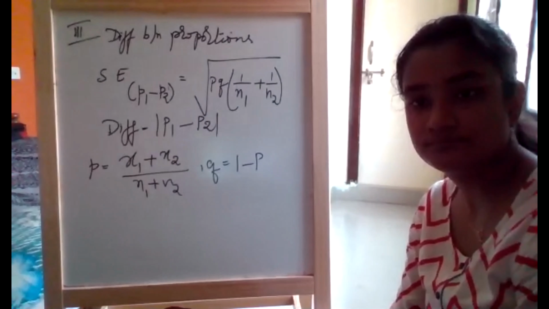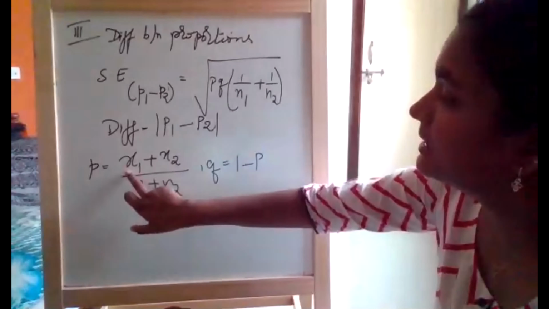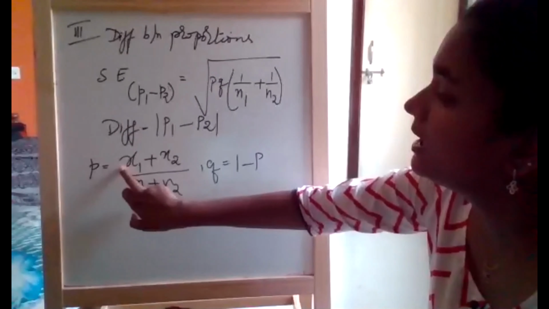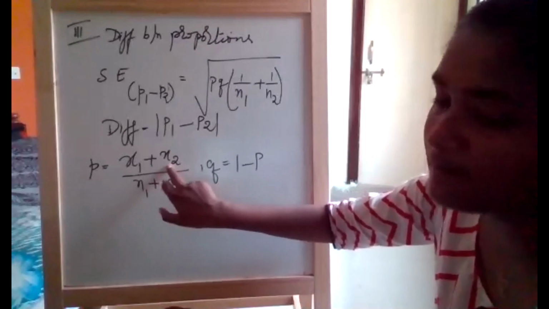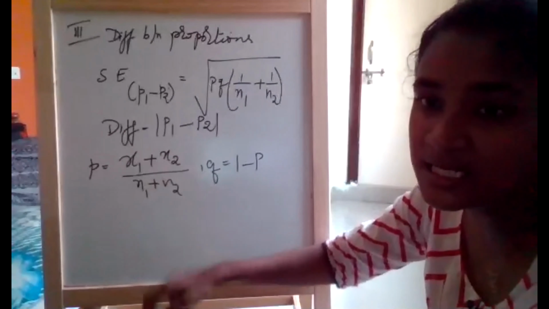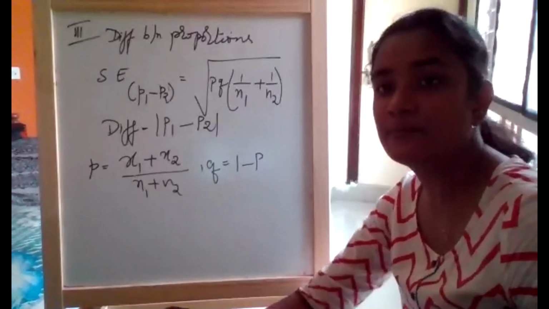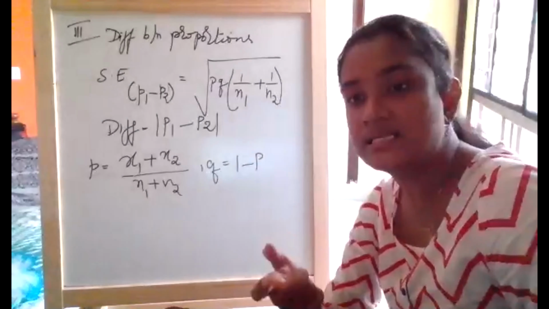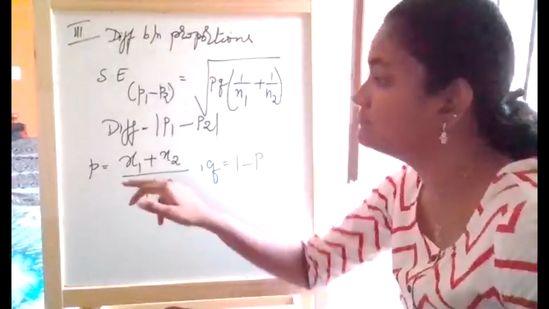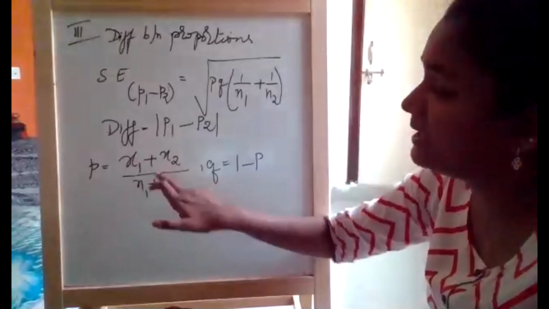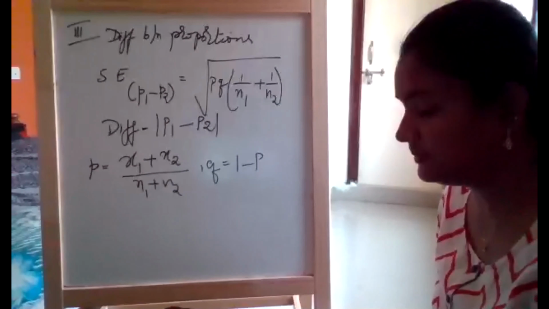Ma'am, what do we represent by x1 and x2? X1 is nothing but the given value for sample 1, and x2 is nothing but the given value for sample 2. They'll give you these in the question itself. In the previous examples, there was only one given value, so we just directly took it as the given value. But now, as we have 2 samples here, I'm naming the given values as x1 and x2. If we see the example, it will be more clear.